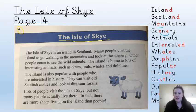Okay? And the next word says animals. Animals. And then we've got quite a long word here now. Does anybody know what word this says? And at the end we've got an ED. And remember, we just say ed. Interested. Interested. And then we've got the word whales, the word dolphins, popular, history, castles, dinosaurs, fossils, and more. So all of these words here down the side of my page, I would like you